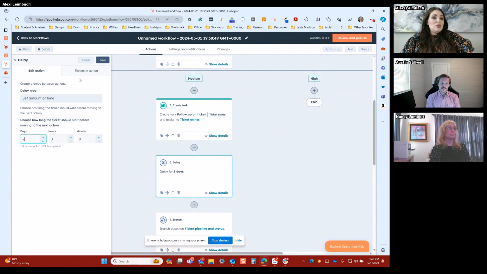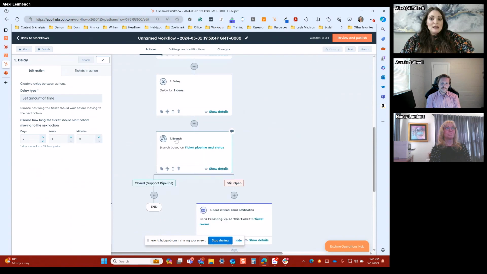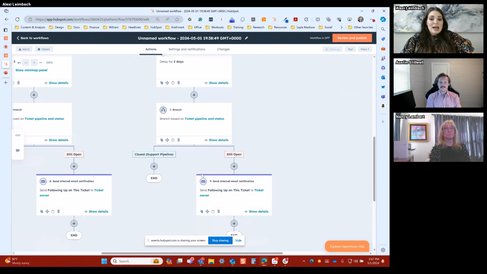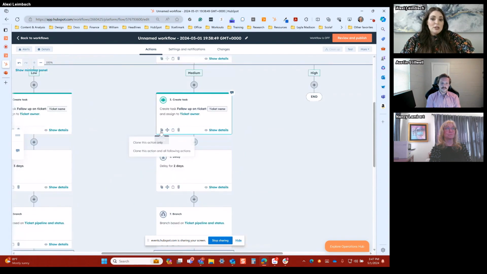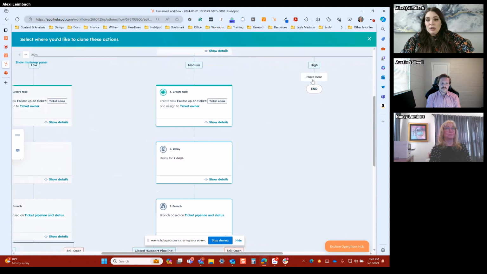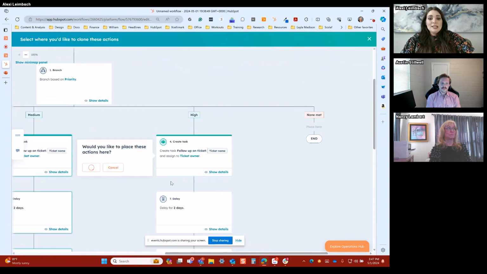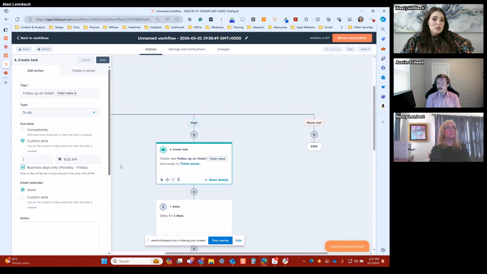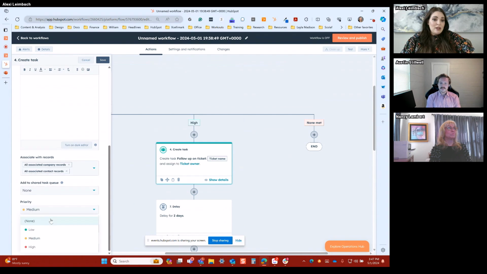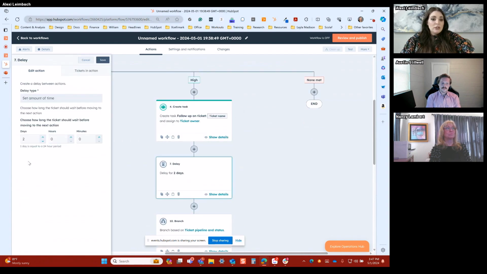I do the delay. Now I'm going to check 2 since we're going down to 24 hours. And everything for checking the ticket status is still the exact same. So we don't have to do anything with that. So all we have to do one more time is clone, place here, save. And now this high priority ticket is going to be due immediately. And I'm going to give it high priority, and I click save, and I'm going to check in a day whether this was resolved or not. So I'll give it a day, and I click save.